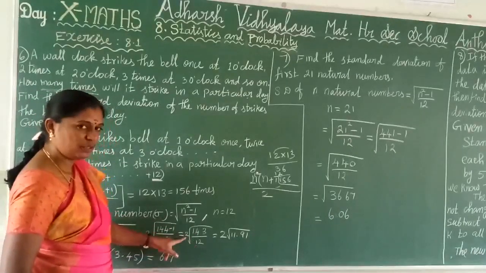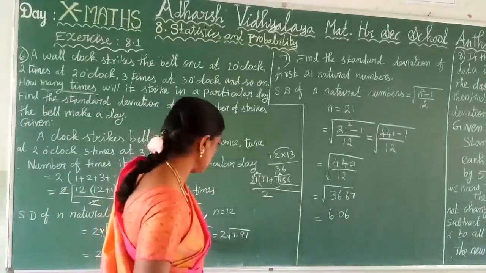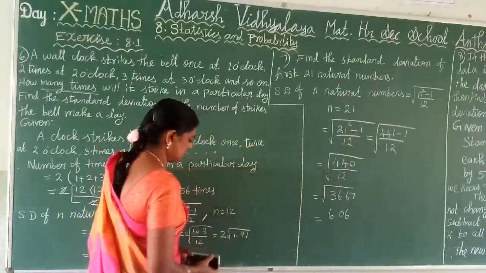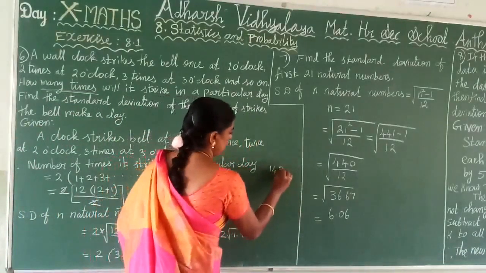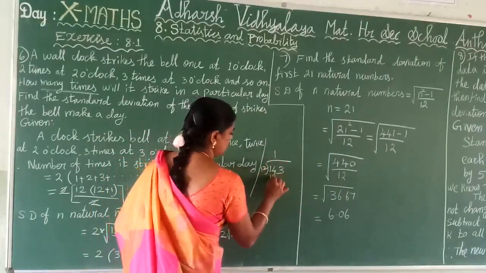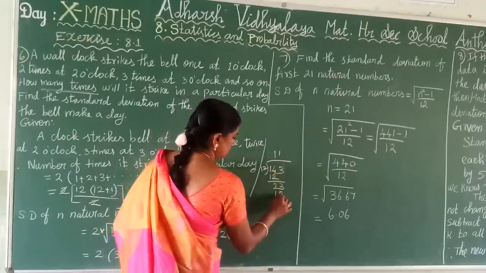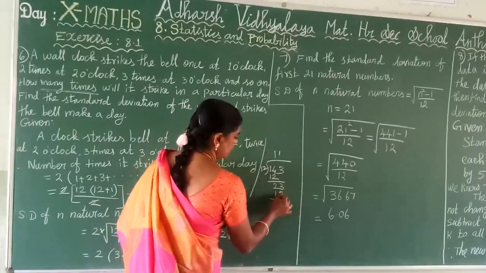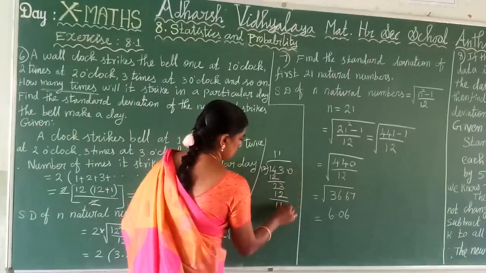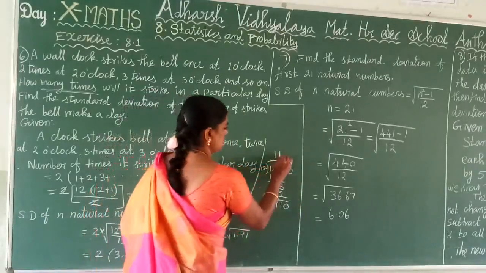Before the result, the multiplication by 2: 2 into 143 divided by 12. What is the answer? Ordinary division, we discussed it in the last class itself, no? So ordinary division by 12. 1 time, 1 twelve is 12. Remainder 2, bring down 3, 23. Again 1 time, 1 twelve is 12. Remainder 23 minus 12, 11. And again add 0, 0 like that. Clear? So decimal means here a point.